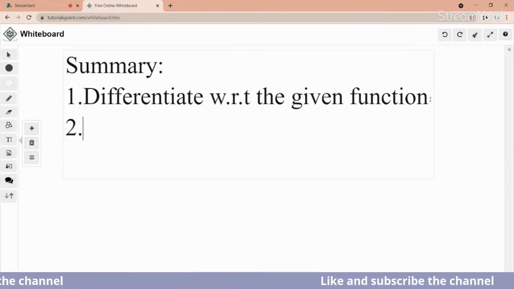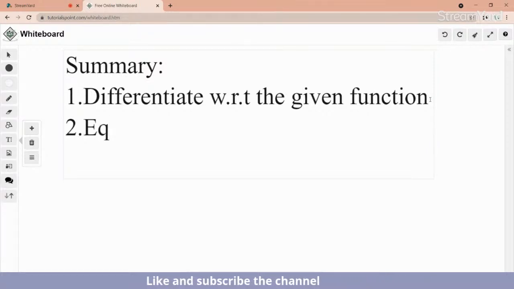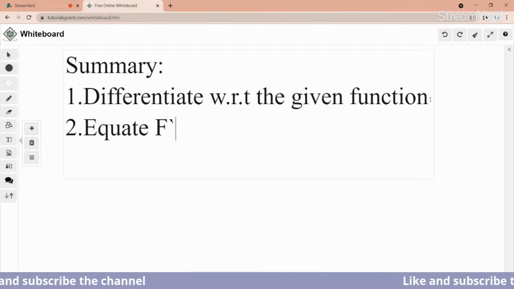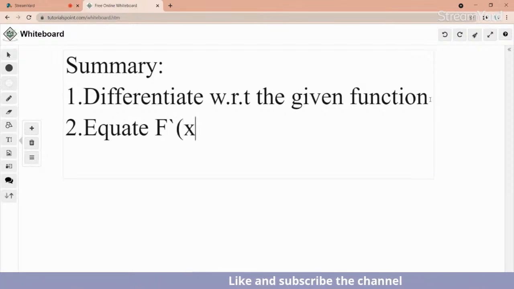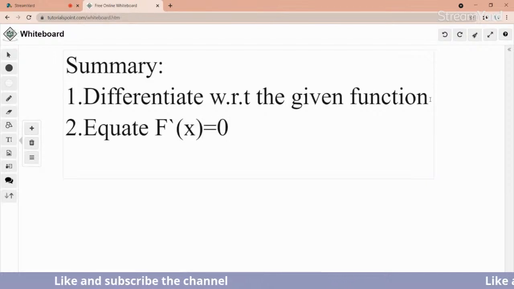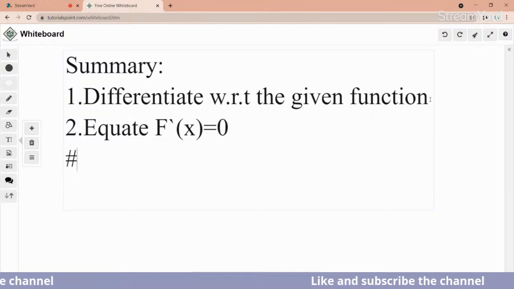Step 2, equate f dash x with 0. Finally, make a table. Draw a number line